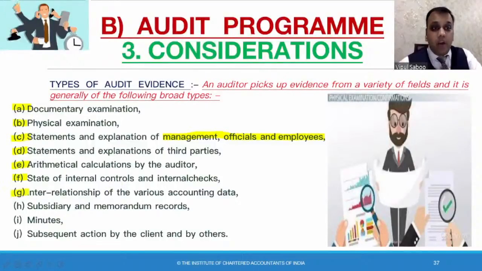Interrelationship of various accounting data. I told you the example of fixed asset cars, profit and loss car expenses, driver salary, fuel expenses, right? Whether they are charging the customers for pick and drop service or it is being offered complimentary from the airport, the railway station or the bus stand. And how is the accounting data interlinked? So what are they paying to the drivers? Is it a part of the salary or they are making it a part of a different ledger head? You have to check for the interrelationship of various accounting data, right?